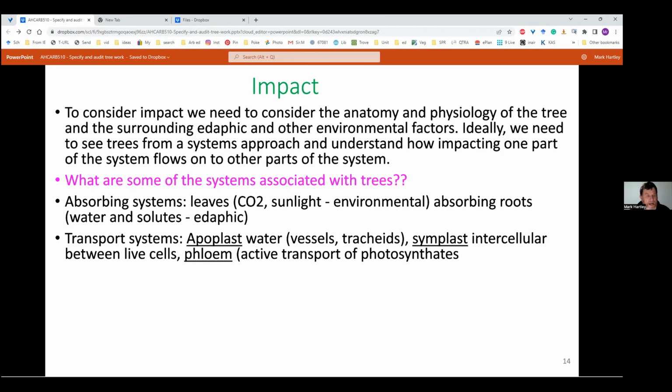So, talk about that. There's the living system. In particular, the living system works in several areas. So this is parenchyma. Parenchyma can move things from the vessels and from the cell walls, the dead cell walls. So dead wood cell wall is made up of cellulose and lignin. That holds water.